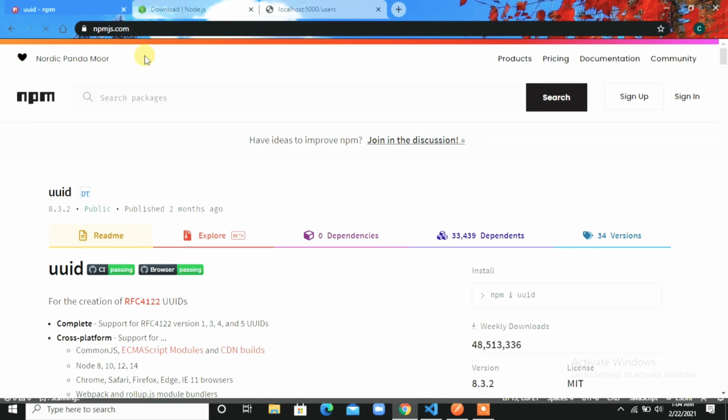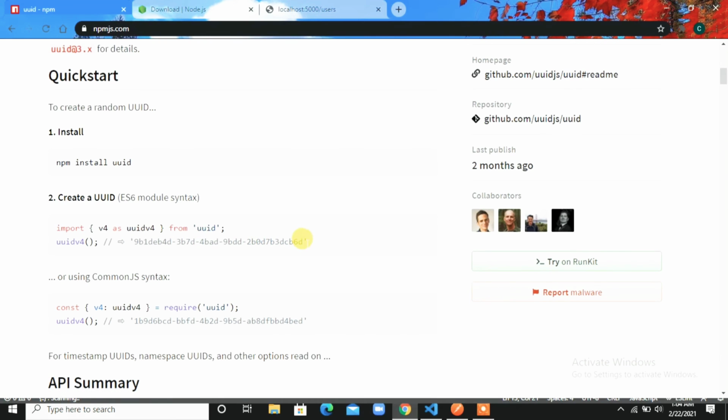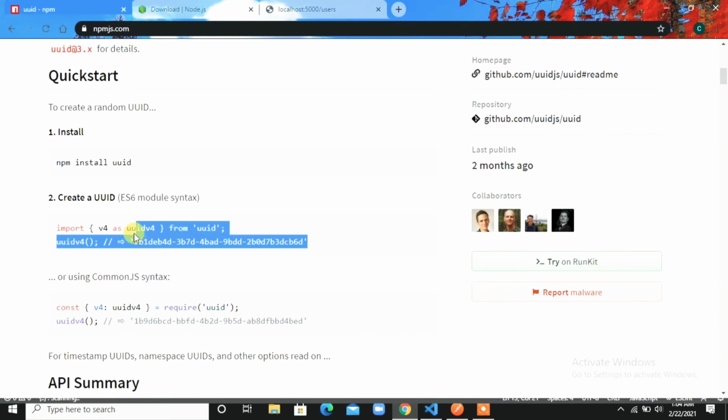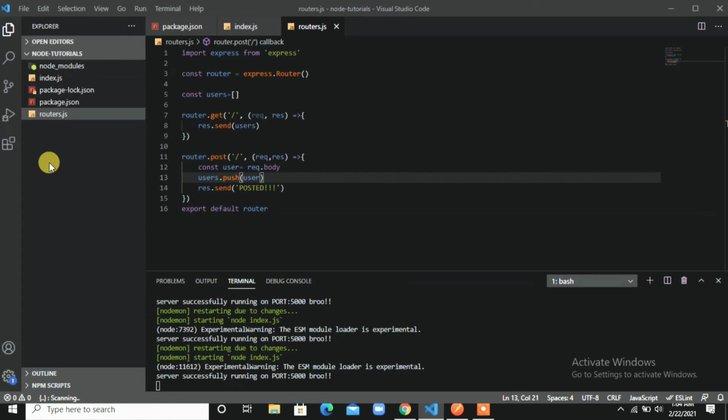Okay, now another thing is, go to this website, for which I will give the link below. This will be the ID. This is a random ID generator, which is very powerful in React. You can create a new tab and run this npm command, npm install uuid, and press enter, and this will install a package which will be helpful to create a random ID generator for each and every